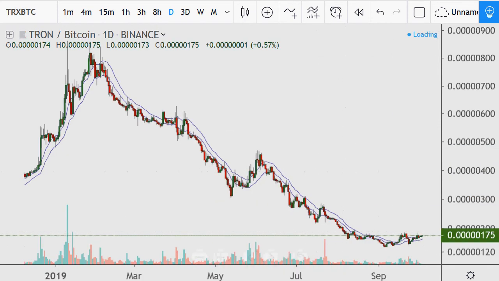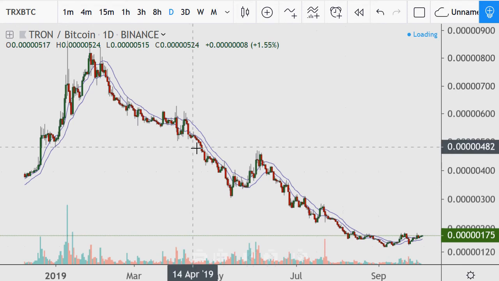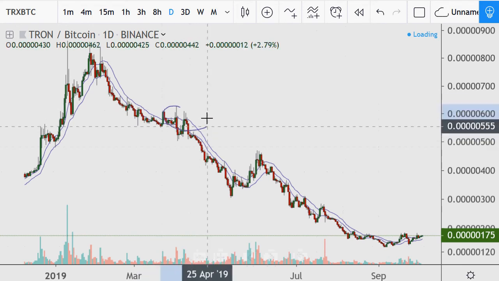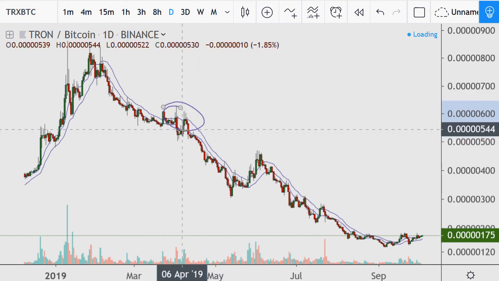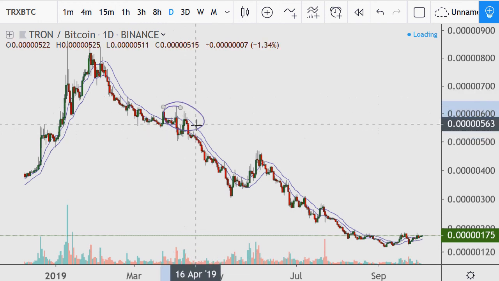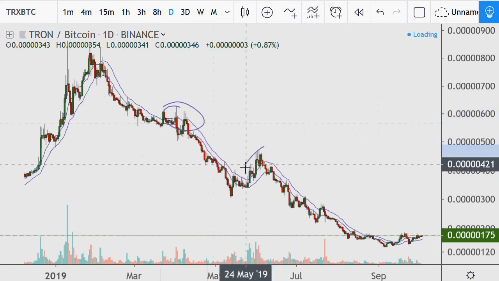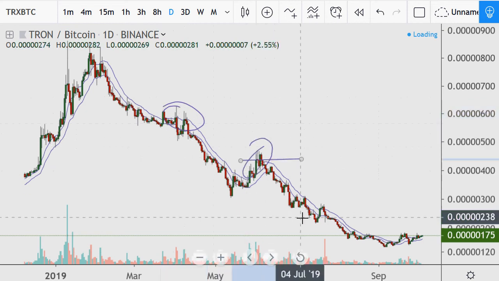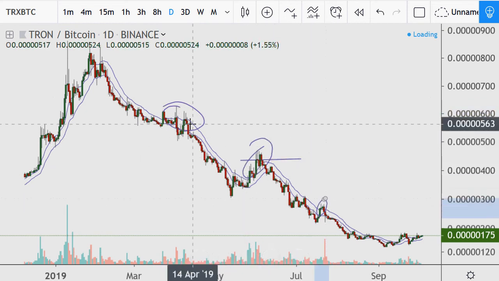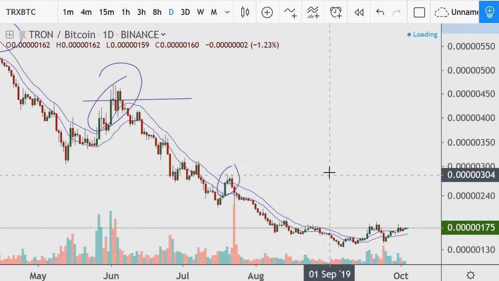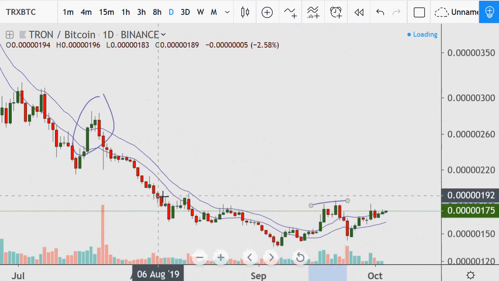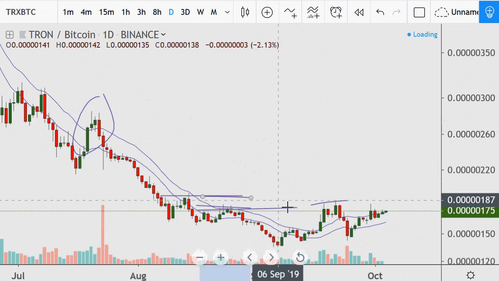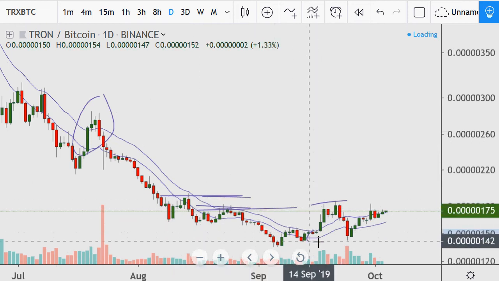Next up is Tron, which, I mean, these aren't really attempts. These are statements of, okay, get above the 18 average of highs, let me see you try to do something. And if you can't even get the 18 average to flatten, that's not doing anything. So nothing there. And here, that was a real attempt. Failed move, fast move. Same thing here. Nothing spectacular. But in here, things have changed because it got to this high, albeit a lower matching to this level, but still enough to make this 18 flatten.